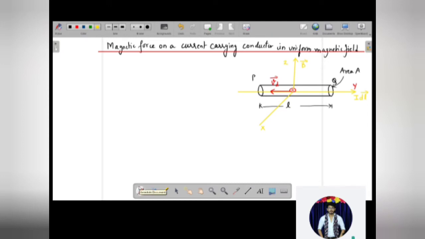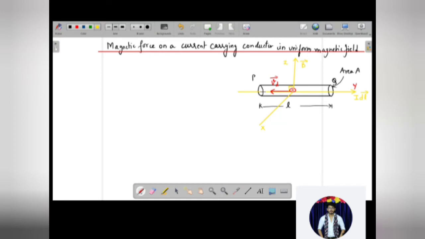Okay, so the electrons are going to drift towards the left with a velocity of Vd, we'll consider. So each electron over here experiences a magnetic Lorentz force, correct? See, the electron is going like this, the magnetic field is going on top. So the magnetic field and the velocity of the electron are perpendicular to each other. So this electron is going to experience a Lorentz force with which it is going to travel, correct? So this Lorentz force will be acting in which direction? It is going to act in the x direction.